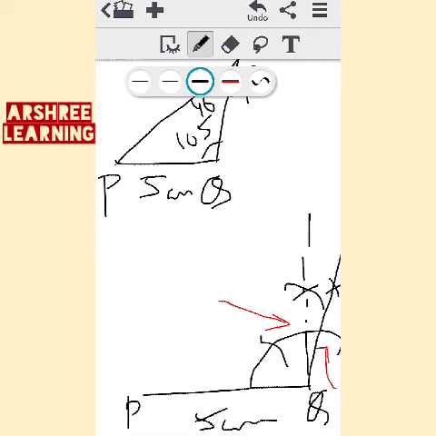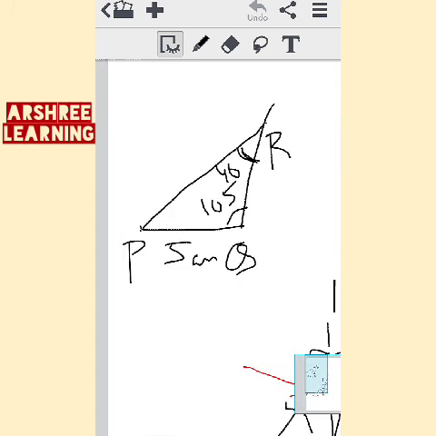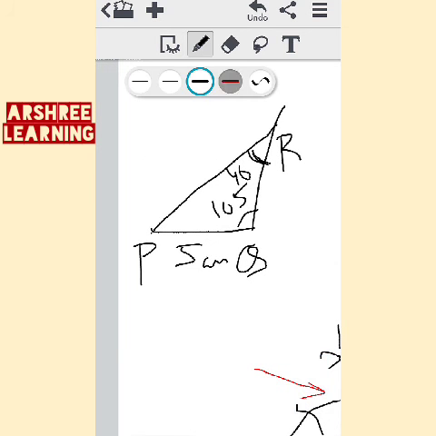So when you make 105 degree, after that the next thing which is given is angle R is given 40 degree, but we can't make the 40 degree angle because we don't know where is R. Now since we don't know R, you can see R is given but the length of QR is not given and neither PR is given. So we don't know where is this angle R.